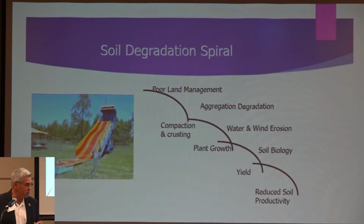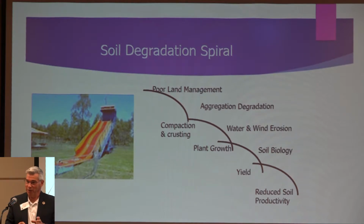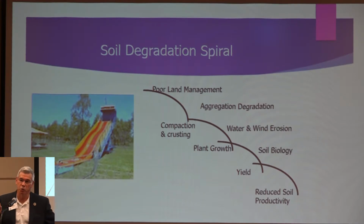And so what I'm going to do is take you down what we have been doing to our soils. It's what I call the soil degradation spiral. As we begin to change our soils out there, and you can put any characterization you want on poor land management, I have my definitions, you probably have yours, but one of the things we see when we begin to abuse the soil is that the first thing that changes is that we begin to reduce the aggregate